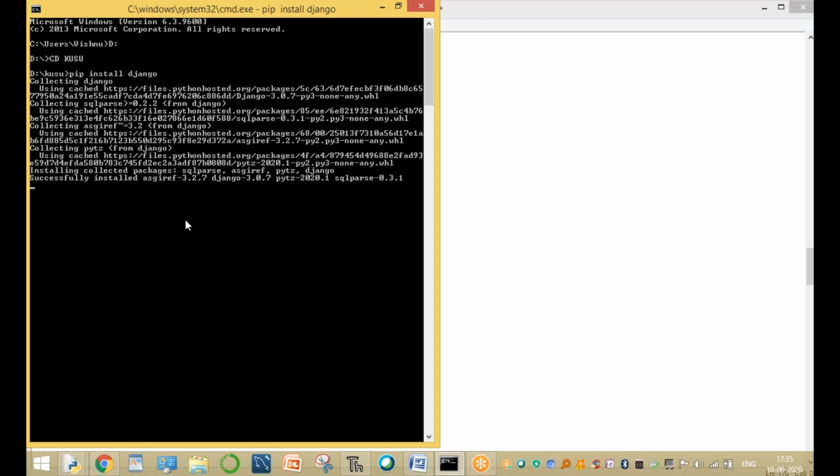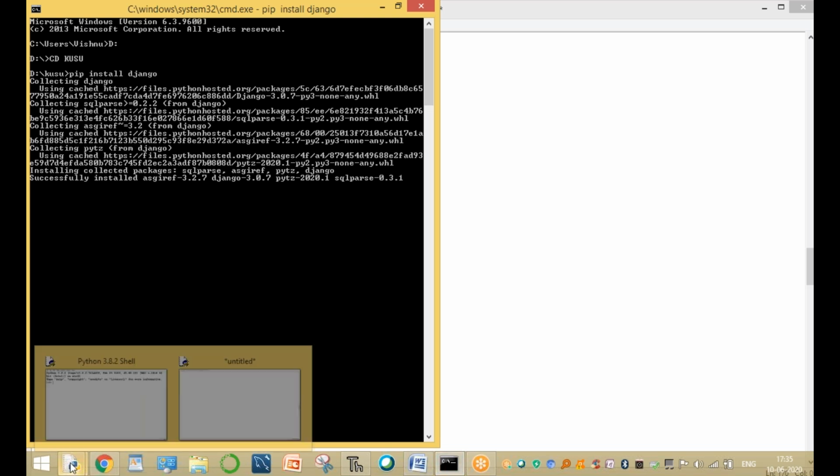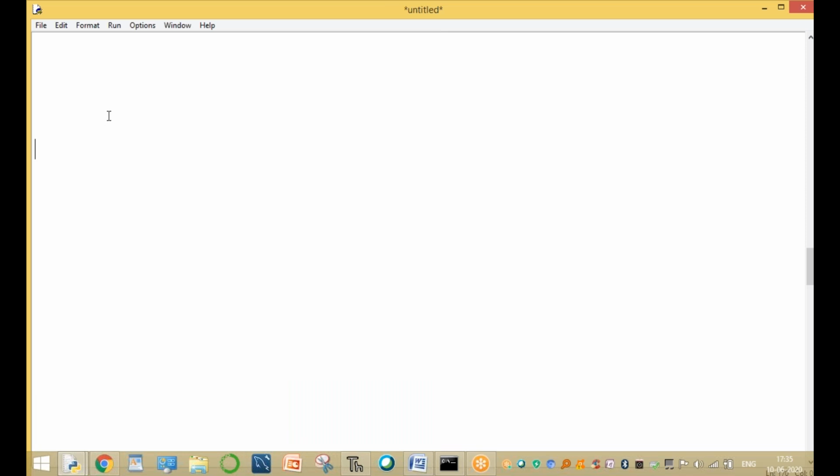I will show you one by one how to create an environment and how to create a project in the environment. A Django project is created in different ways. One way is using an IDE, one way is the command prompt. To create the Django project, one way is the command prompt, or the other way is using PyCharm. What is PyCharm, sir? PyCharm is a Python IDE. There are different IDEs available for Python. In PyCharm, two types are available. One is the Community edition.